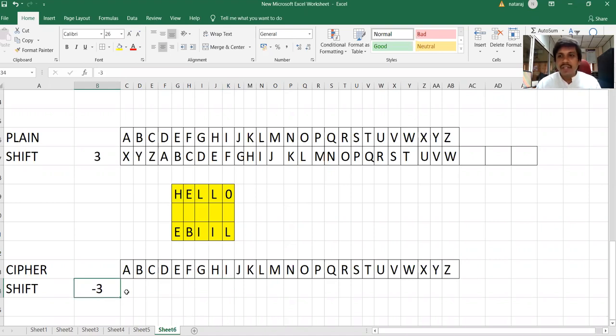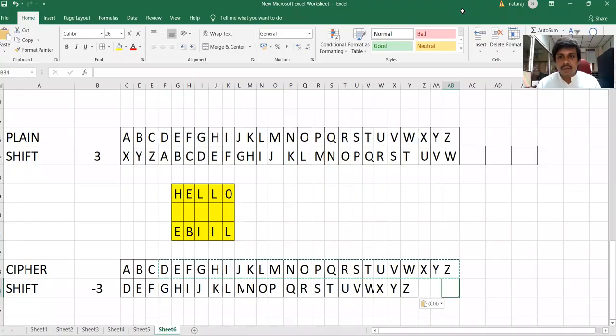If it is -3, it will be shifted 3 times towards left, which means this will be Z, this will be Y, this will be X, and so on. In this way, all the characters will be shifted towards left, because it is minus.